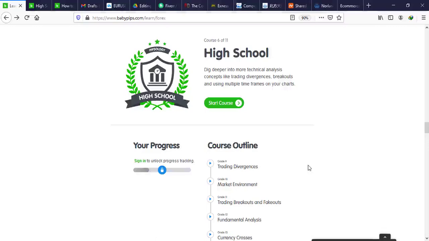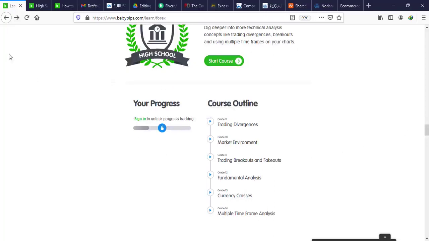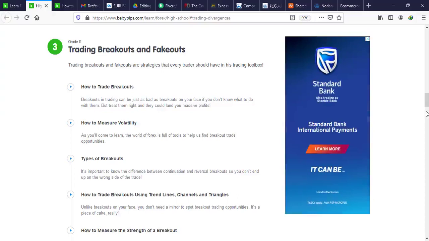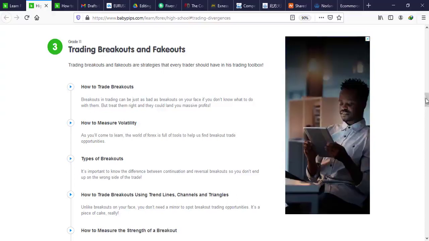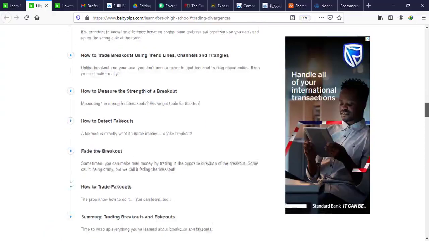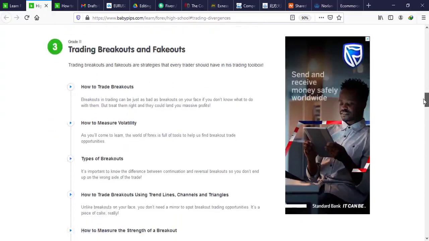For today we are on course 6 of 11, high school. We've concluded trading divergences and market environment, and today we're going to consider trading breakouts and fakeouts. So let's go to grade 11, trading breakouts and fakeouts, and here are the subtopics under trading breakouts and fakeouts: